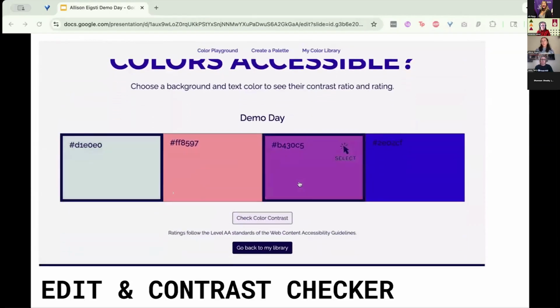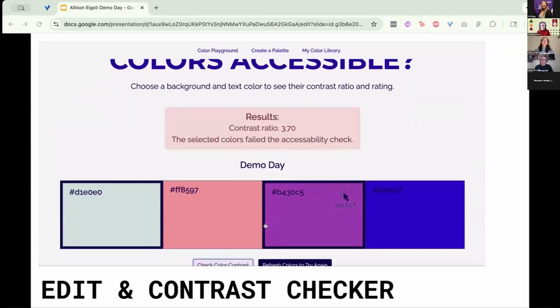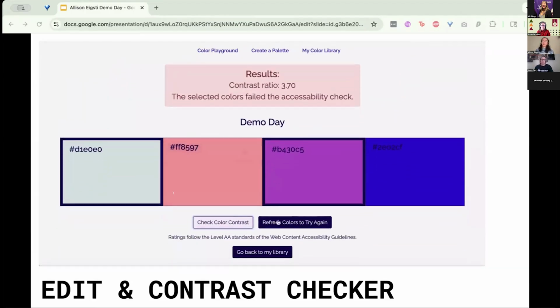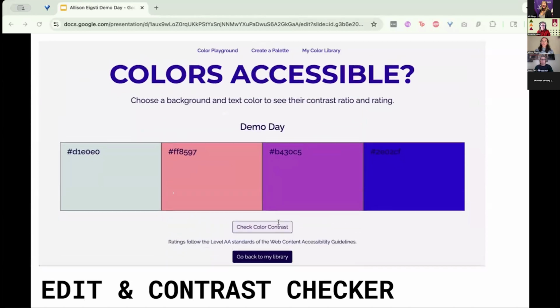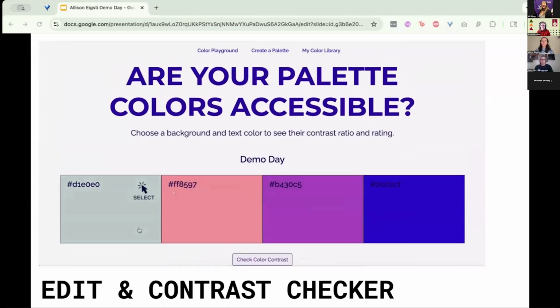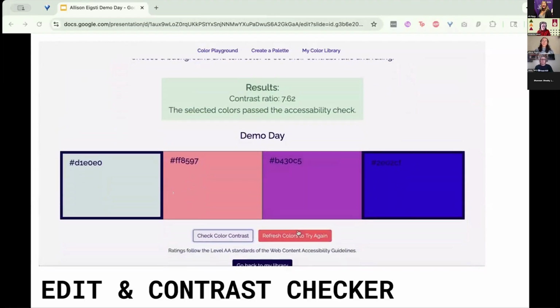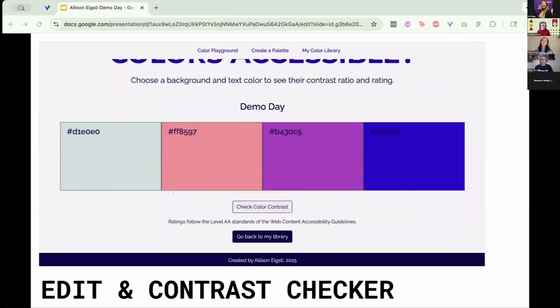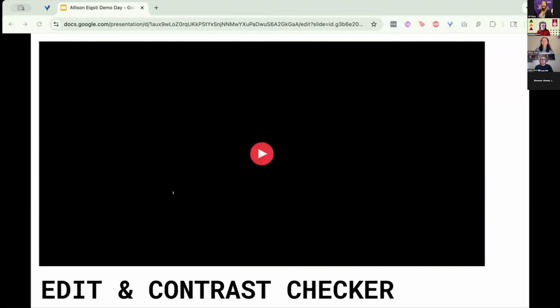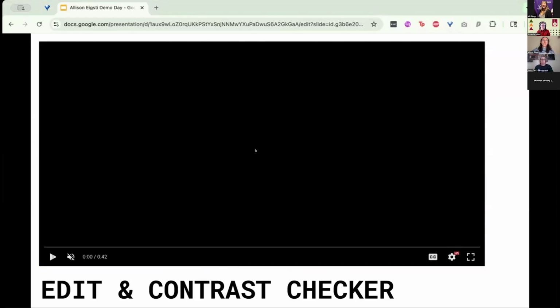It's a color contrast checker API. So I decided to include this because I think it's really important for web designers to think about accessibility so that the website is easy for all folks to navigate, including people that might have some color blindness or sight loss. So the way this works is that two colors are able to be selected and then sent to the